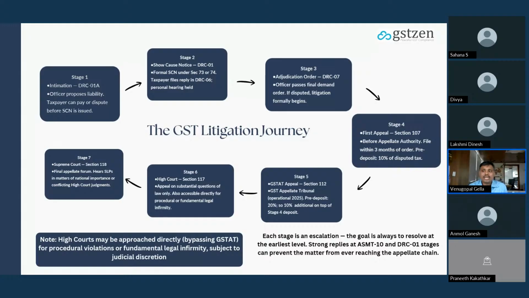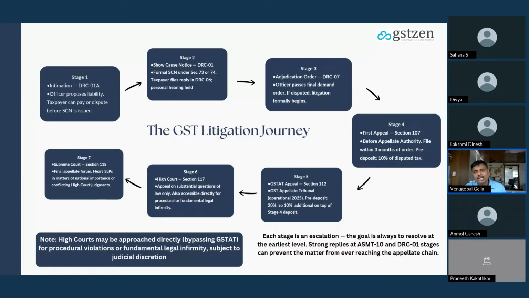So now the stage 3 can be categorized into 3 aspects. Aspect number 1, you don't agree with it. So that means you're disputing. So there is a disputed tax. Then there is an undisputed. You agree with it and you want to pay it. But you still want to choose your right to appeal. You may undispute it or you dispute it, you may want to pay it. So it can flare into anything. Now you make the payment and you have a 90 days time, 3 months for you to file an appeal. It's a 3 months time for you to file an appeal.